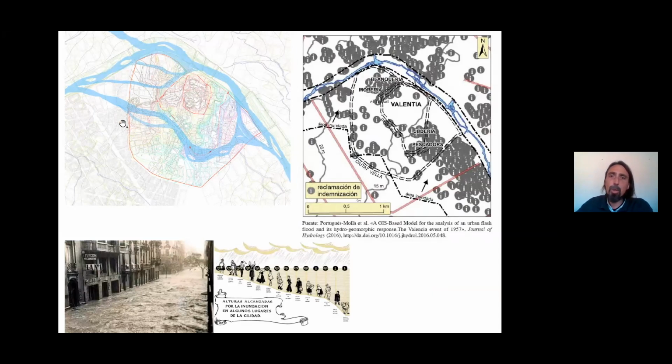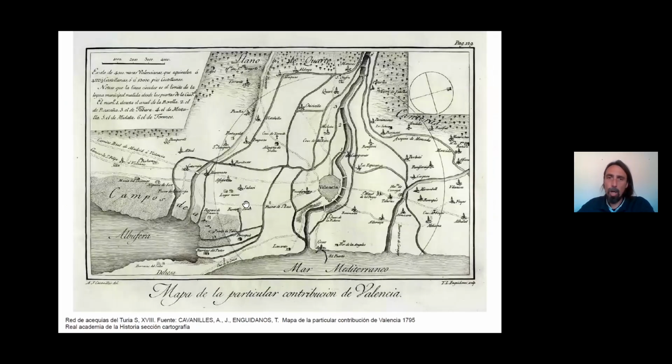And so the water managed to get into the historic city center. And so you can see these old meanders of the river. So from a natural point of view, from a morphological point of view, all of the landscapes were transformed. There were different channels that appeared, that disappeared, etc. But the hydrology, the geography